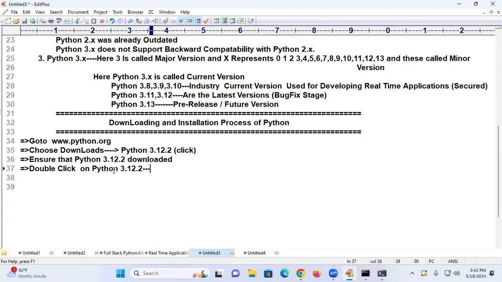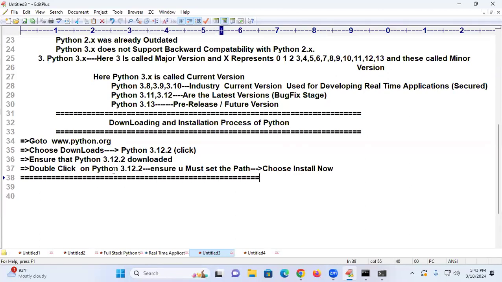And ensure that you must set the path, and choose Install Now. Is the Install Now option available or not? This comes under the installation and downloading process.